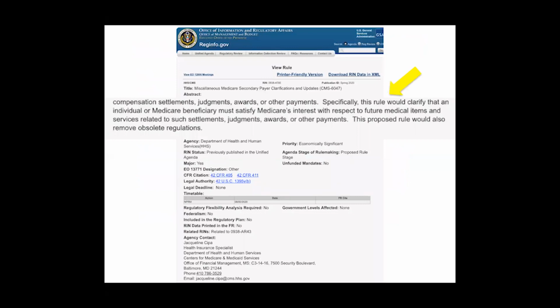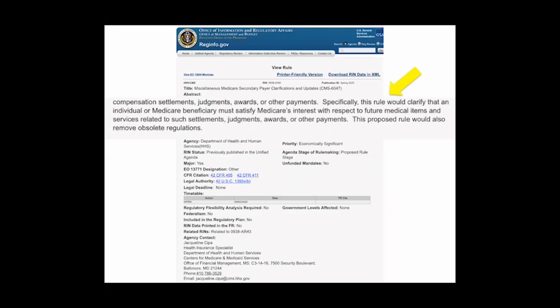So that brings me to what is a very important and timely discussion, which is what is the landscape as it relates to Medicare set-asides and Medicare futures. And very recently, there was an update by the OMB about the possible regulation of Medicare futures. So the agency, CMS, has had on its agenda for quite some time issuing proposed regulations. Very recently, that was updated, and what you see on the screen is a snapshot of the OMB's website,